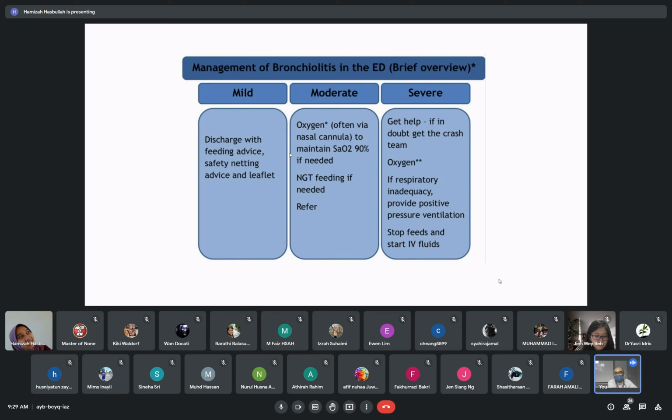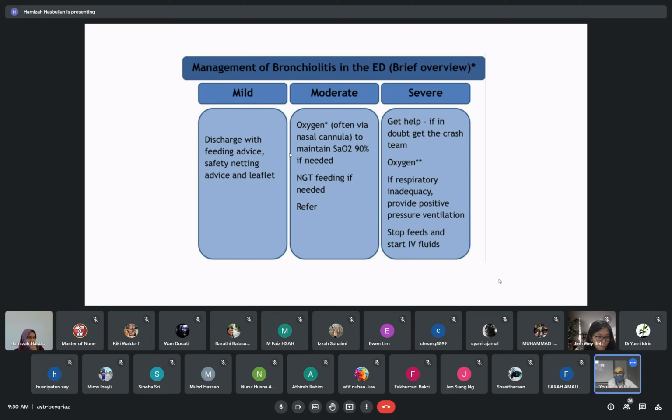Tapi you have to understand that bronchiolitis and asthma is two different things. In bronchiolitis, by right, you don't have bronchoconstriction or bronchospasm. So that's why by right, bronchodilator, there is no role. Cuma in the event of you are not sure, this patient could be having early manifestation of reactive airway disease, especially under the age of 1 year old. So sometimes we would give, for example, in refractory hypoxia, despite not improving upon your supplemental oxygen,